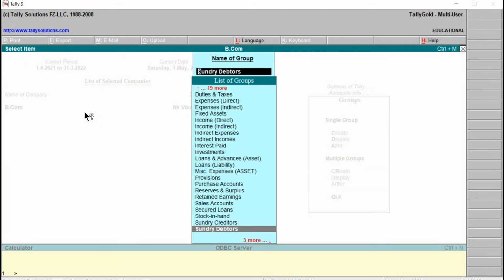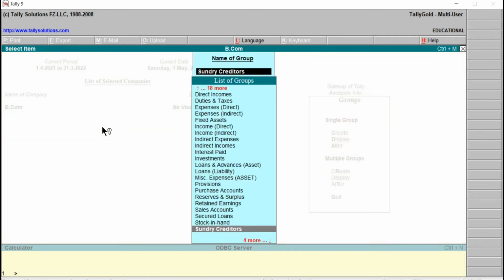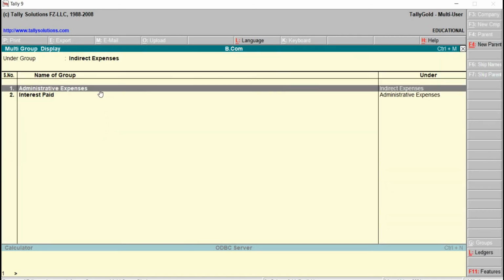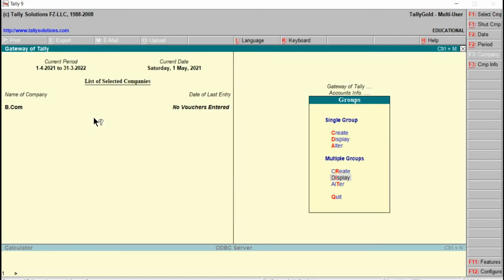Let's select Sundry Creditors. We can see the listing. Escape. In the same way, we will go to Indirect Expenses. We can see here. Then Escape, once again Escape, once again Escape, and we will be back to the Groups menu.